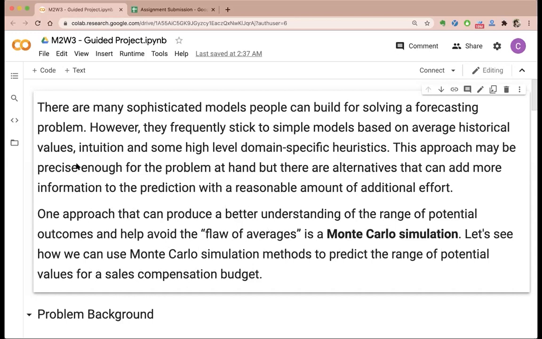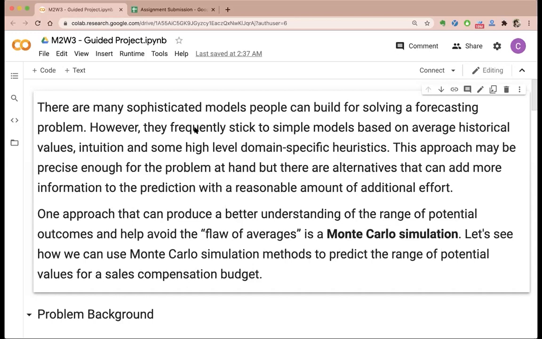Okay, so it's also based on intuition and some high level domain specific heuristics. So what is heuristics? These are basically some rules which are specific to the domain. Based on your understanding of the business problem or the domain, you might come up with some rules through which you will be predicting. This is what is called heuristics. So sometimes you don't just take the mean. Along with the mean, you will have some of your own rules. So if the mean is greater than this, I will add 50 to it. Something like that, based on your business understanding.